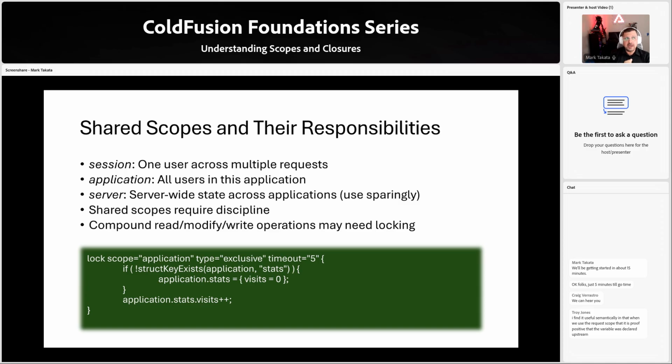Application. That one's interesting. I've seen application used in a few weird ways before. Often I've seen application used for things that you don't want to go get again, or you don't want to set again. Things that are universal to that application. Here's the gotcha here though. Once an application starts, its time to live is the life of the application. What does that mean? Well, if you don't reboot your server and you don't do application stop, that application might just keep running. And so if you're setting variables in it,